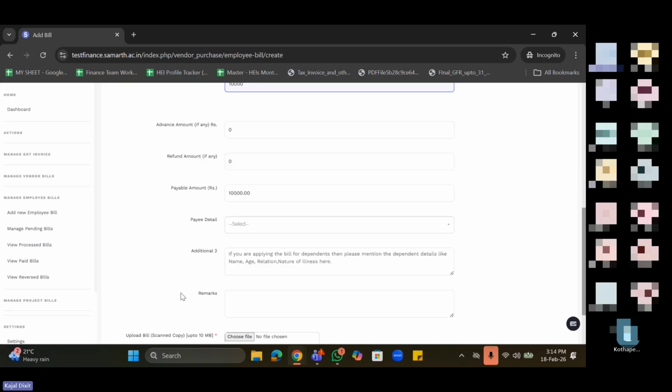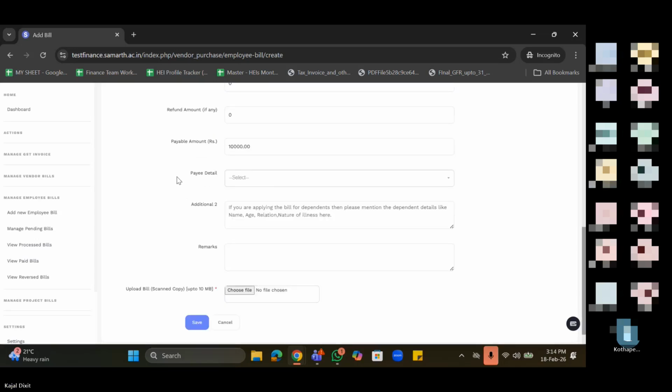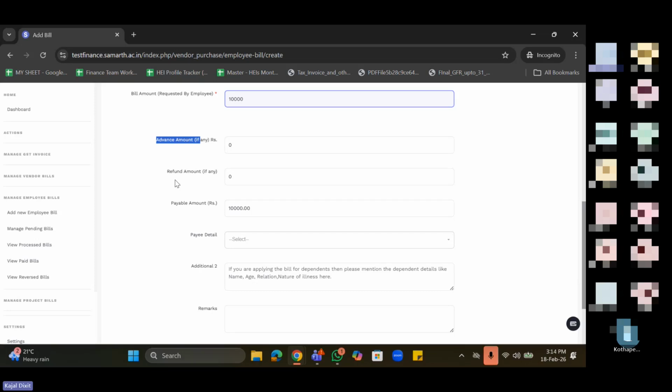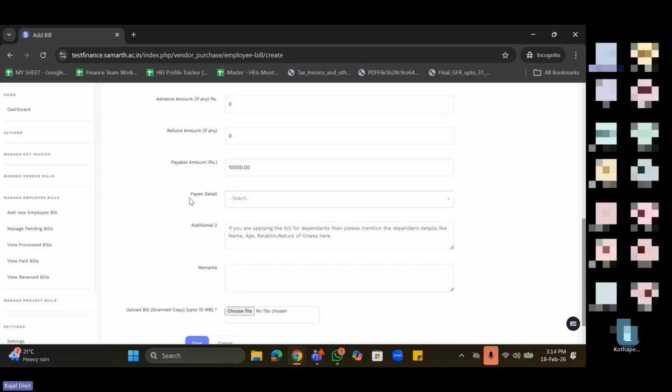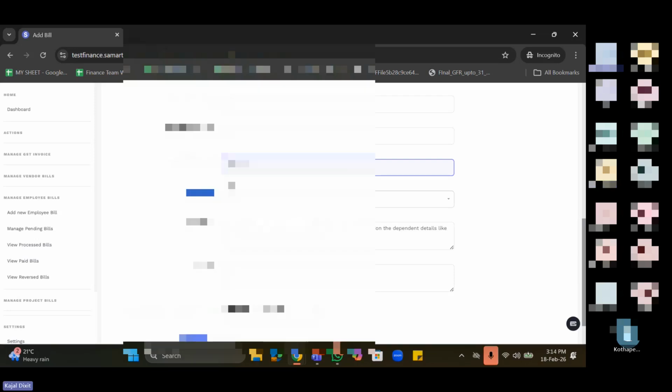Then like this, all the details will be visible here. Then advance amount, refund amount, payable amount. Now payable amount is 10,000. Then pay details is here. Pay details means that if employee wants to pay